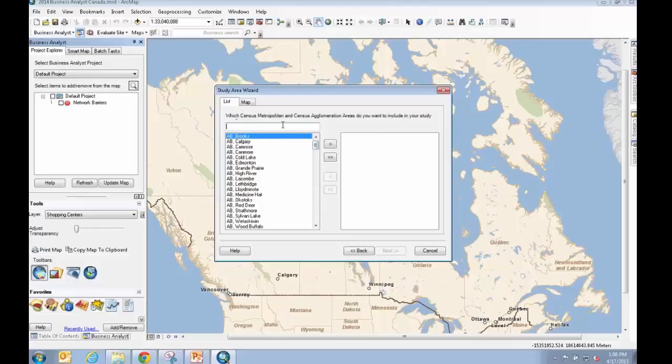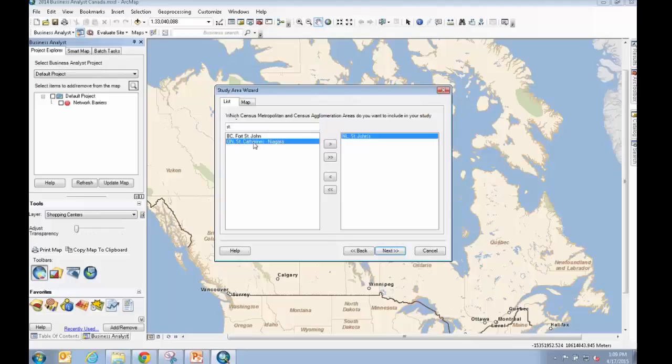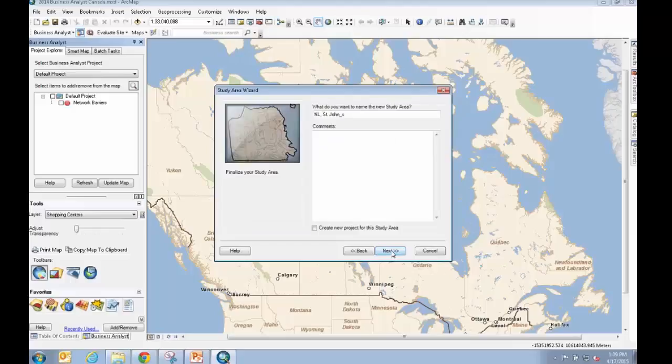It's IntelliSense, so you can actually type. So if I type St., even just that St. period, I'll get 3 options of which it matches in the database. I have St. John's, Newfoundland here. I'll double click on it. It's going to add that into a list of the study area that I want to focus on. I'll click next,